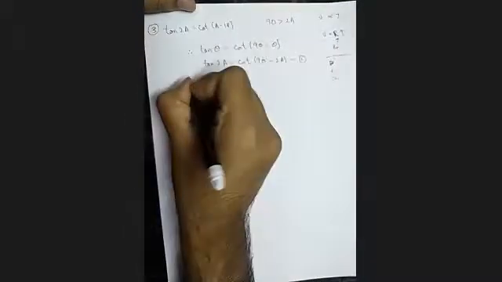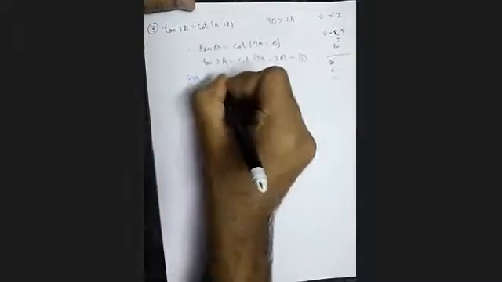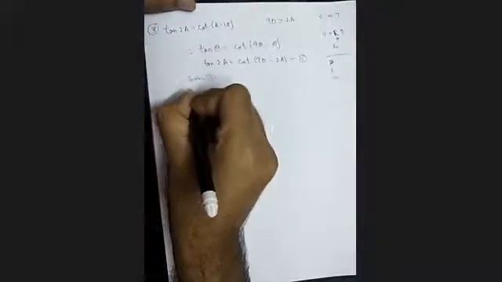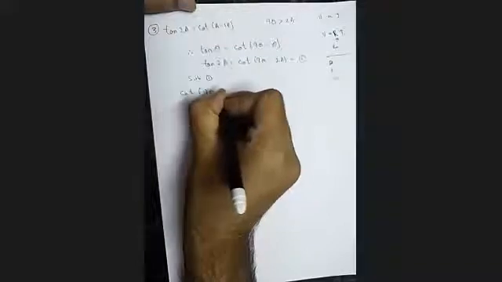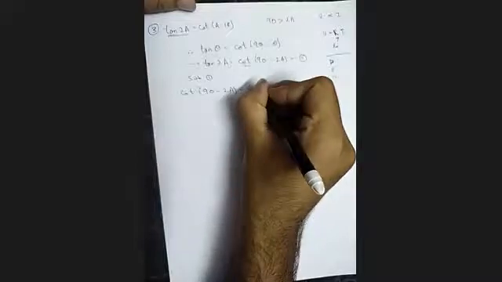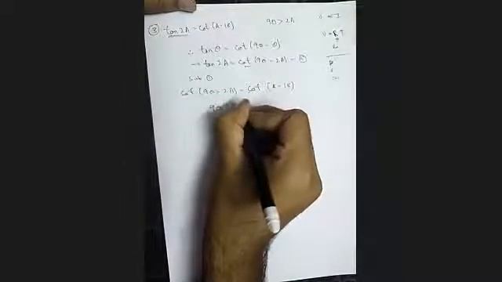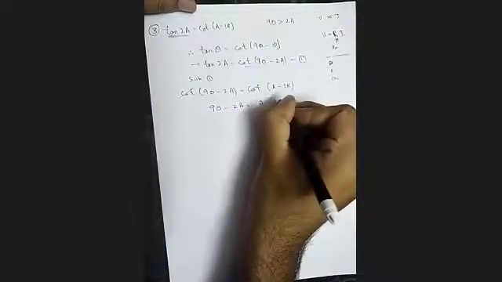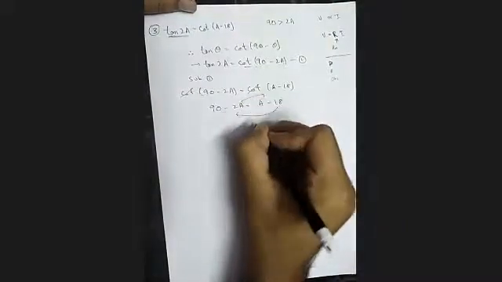Substitute this, substitute 1, instead of tan 2a. So cot 90 minus 2a, from 1, is equal to cot a minus 18. We can cancel out this cot and this cot. So 90 minus 2a is equal to a minus 18. Send this 18 to that side and a to this side.